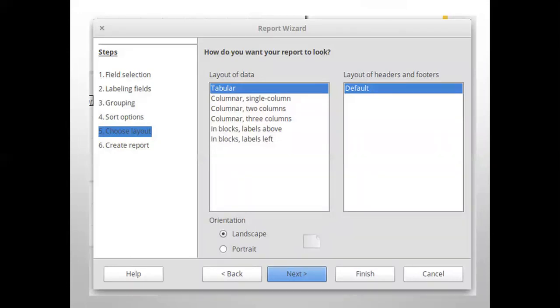Layouts are tabular, columnar single column, columnar two columns, columnar three columns, in blocks labels above, and in blocks labels left. And orientation is landscape or portrait. Choose both the layout and the orientation according to your requirements, and then click on the Next button.